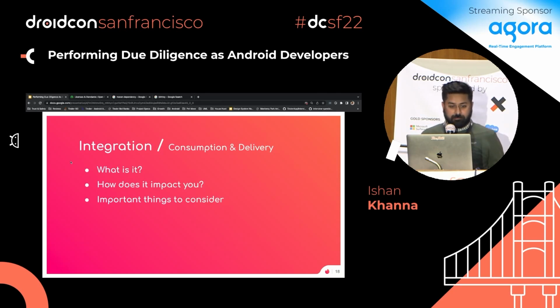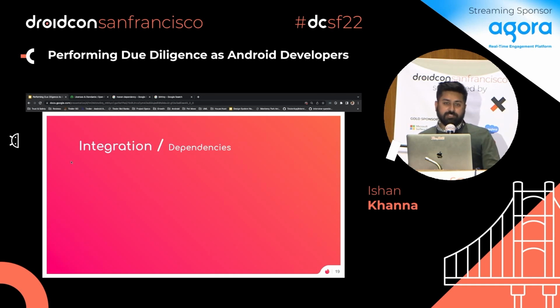The next part is the dependencies, and the dependencies here specifically refer to what are the dependencies that this third-party library uses. An example that comes to my mind would be, imagine if you're going to use Retrofit and it depends on OkHttp, and if there was a version that Retrofit would specifically depend on, then this is an important consideration for you. I'm trying really hard not to take names of any other vendors without causing trouble to myself.